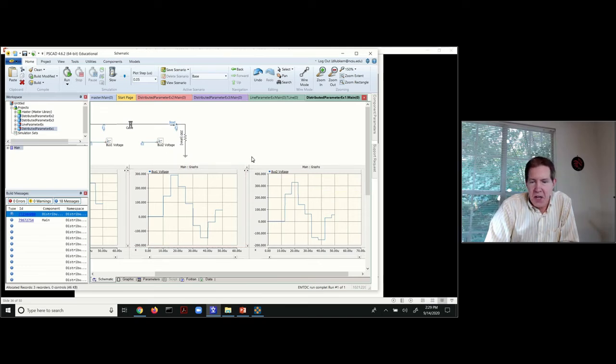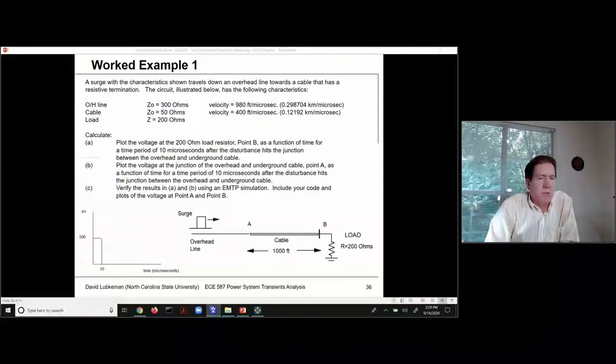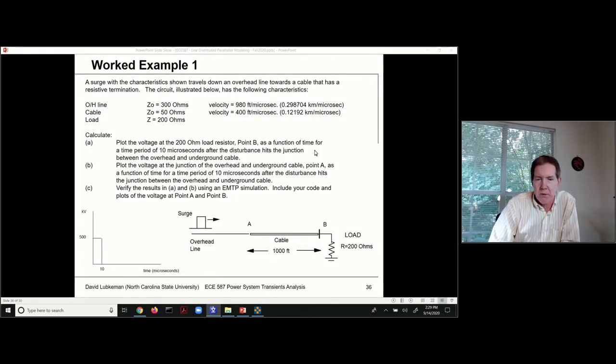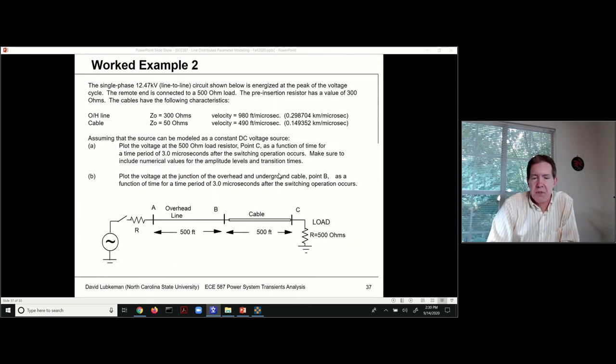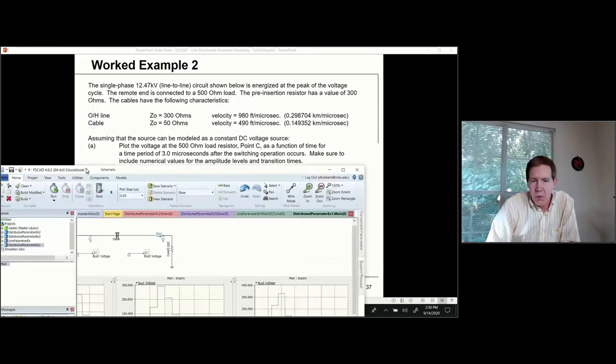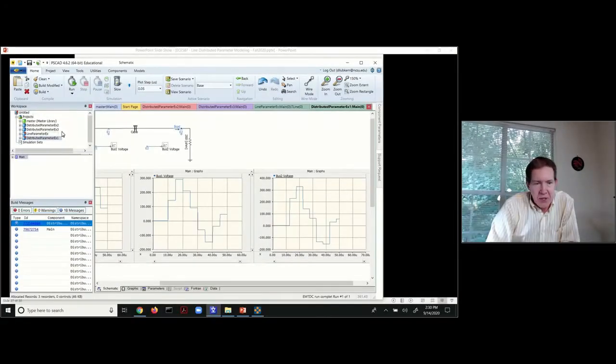So I'll post this example up on the Modal site. You have a second example, which is a little bit more complicated. So this is example number 2. And as I mentioned before, this is where we would have a pre-insertion resistance in the circuit right here. And then what we're interested in is modeling a finite size overhead line and cable as well. So when we load this particular example up,